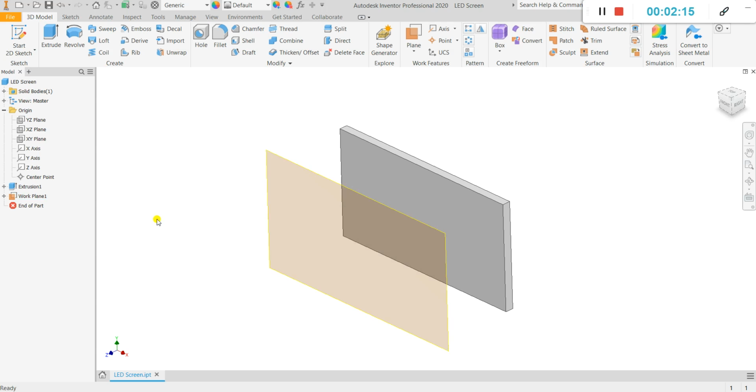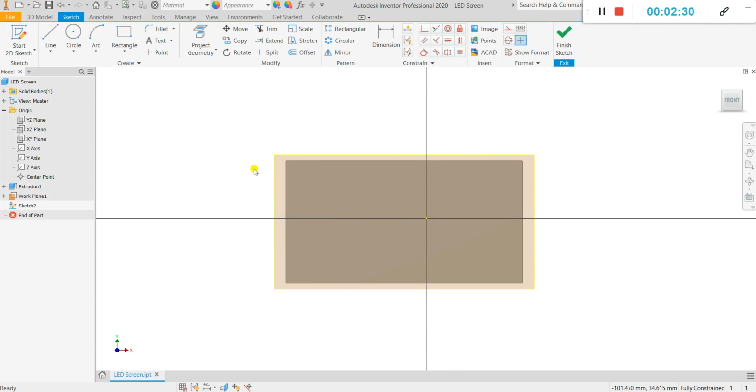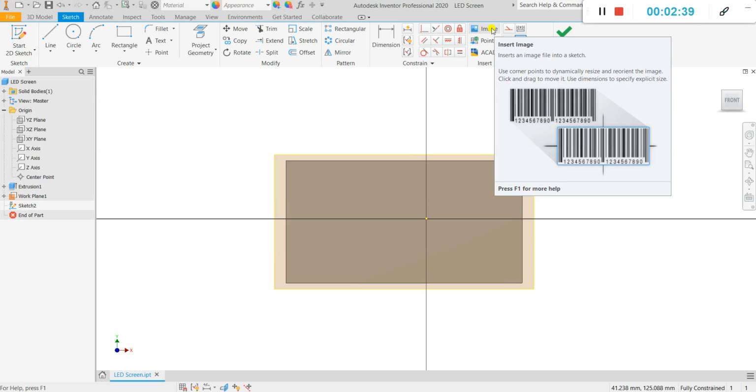So what I'm going to do now is go up here to start 2D sketch, and I'm going to choose work plane 1. So if I move the mouse over to the edge of this work plane, it goes red, I could then click. Next thing we're going to do, up here we have image. So if I click on image,